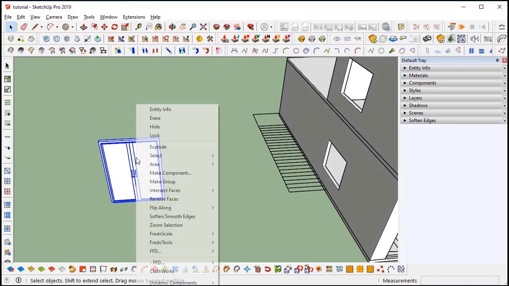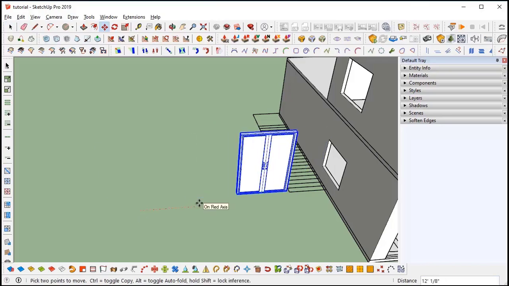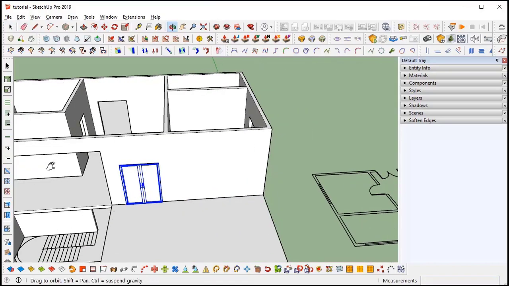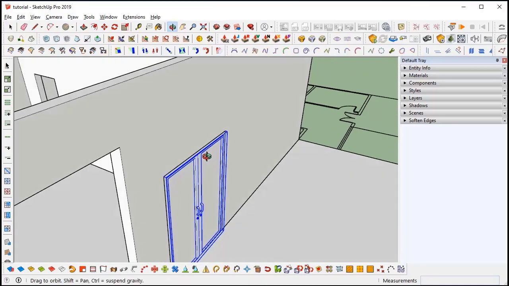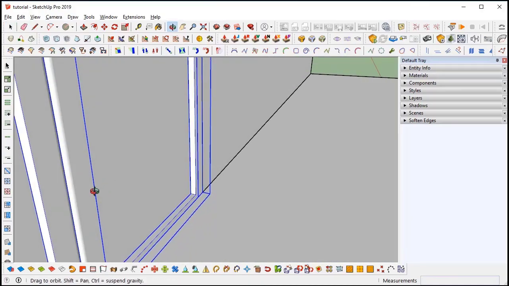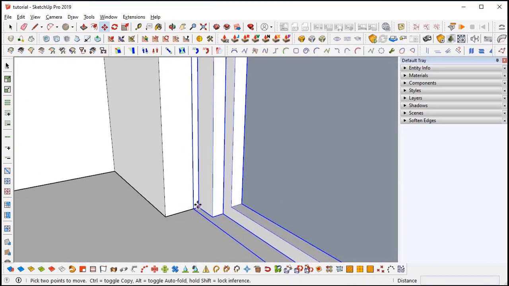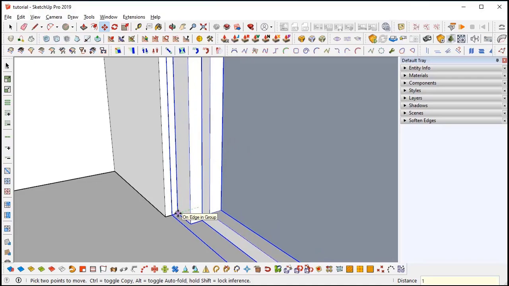And select all components and make it a group and move it to a horizontal position like 50 feet. See here, and it's on the walls. So move it inside a little, like 1.5 inches.